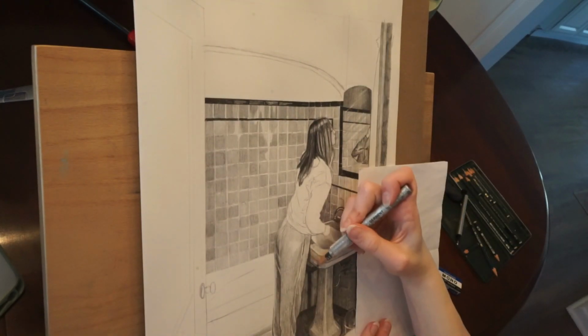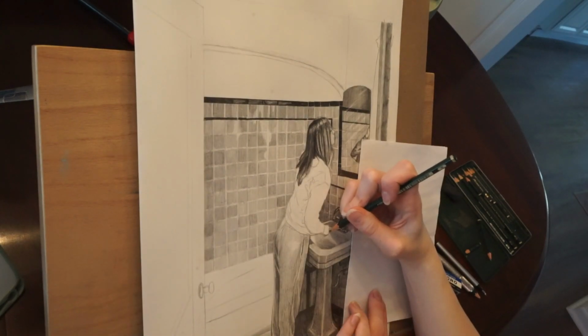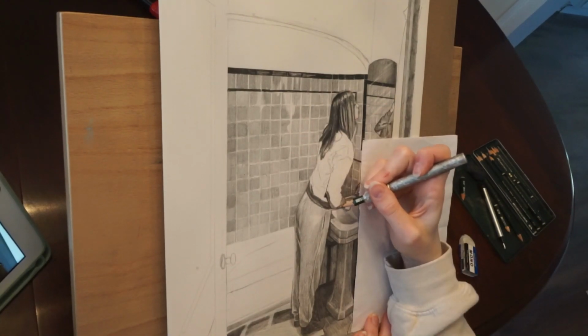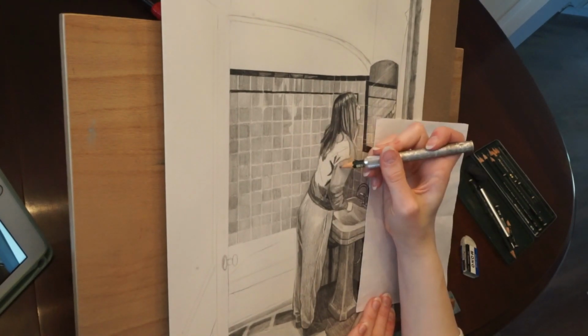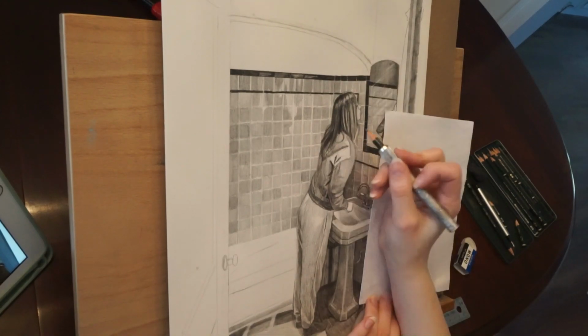I kind of struggled with the proportions, and the first time that I did this drawing, I didn't really struggle with the face. So I don't know, it's kind of at a difficult angle. You don't see that much of the face, it's just like a tiny bit of the side profile, and literally changing the smallest amount of detail in that can make it look weird. So I struggled a little bit with that in this drawing, but other than that, it went so smoothly,